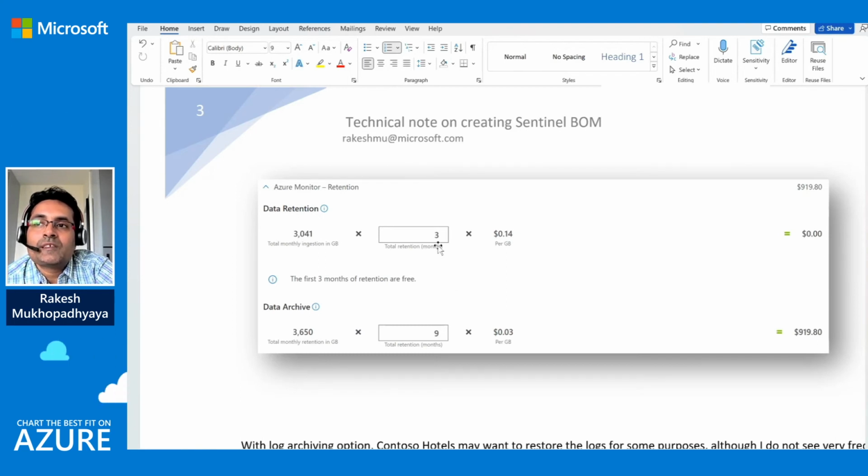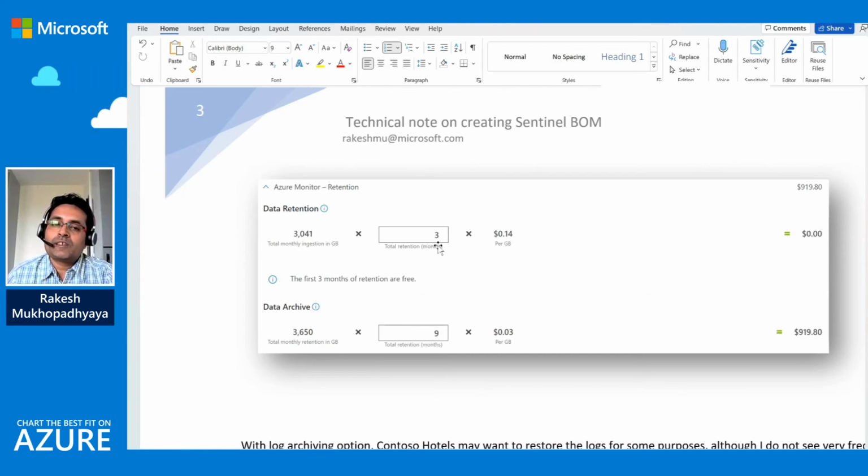But in many cases, you will find that there could be three types of log retention. First is online log retention. Second is archive log retention. But in archive log retention, the customer may want to restore that log or may want to search that log very frequently. Okay, so the customer will say, I need 12 months of archival log, and I can access those logs whenever I want.